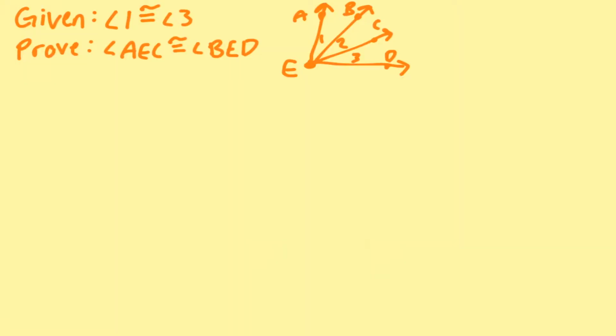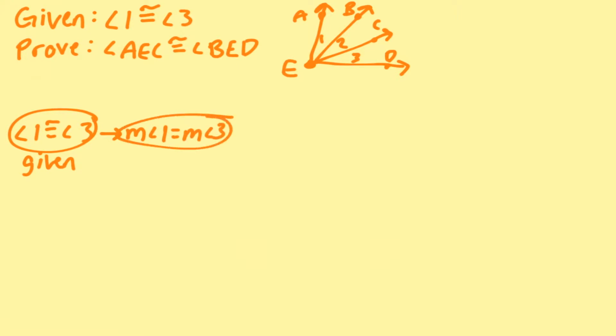If you watch any of the other segment or angle proofs, hopefully you'll notice that they're pretty similar and start picking up some patterns. I'm going to write this proof in a flowchart, but then show you what the 2-column proof would also look like. First we have the given, which also means that the measure of angle 1 is equal to the measure of